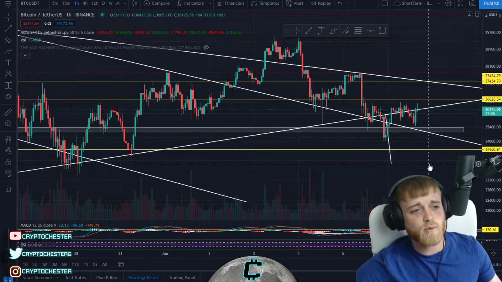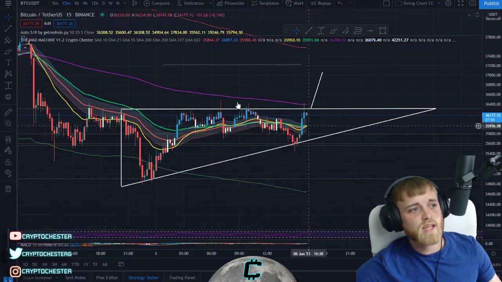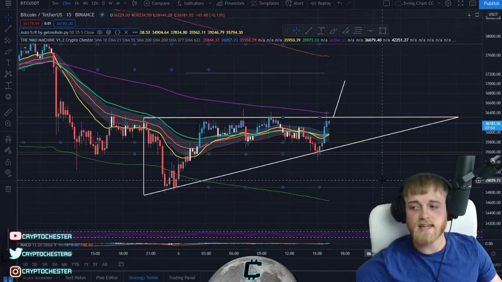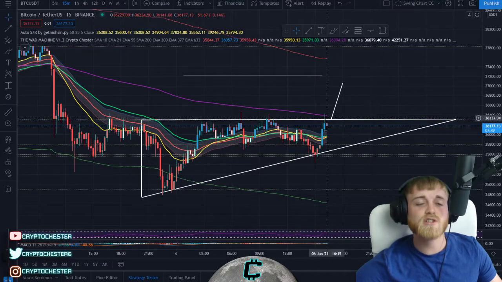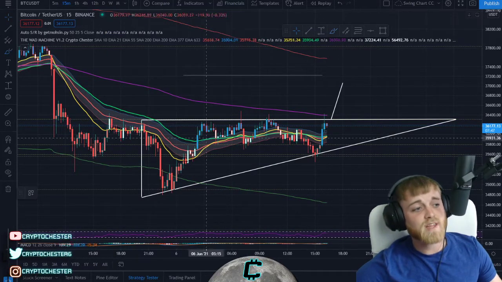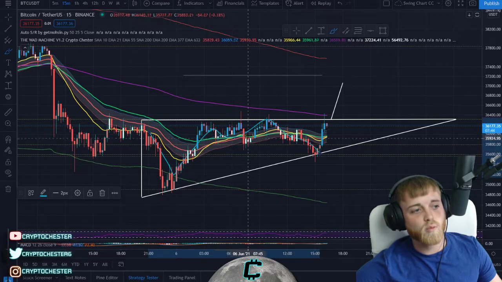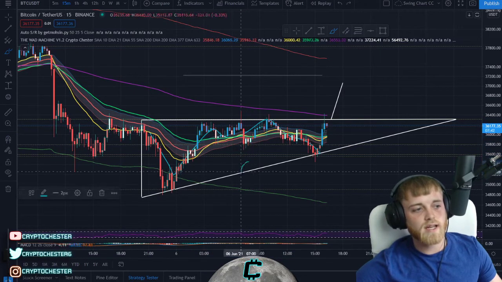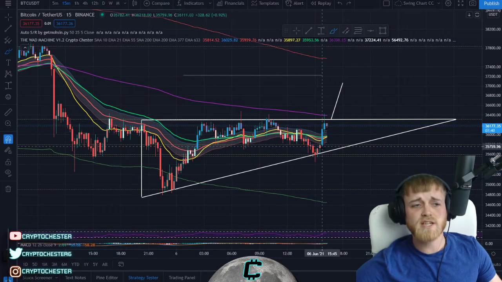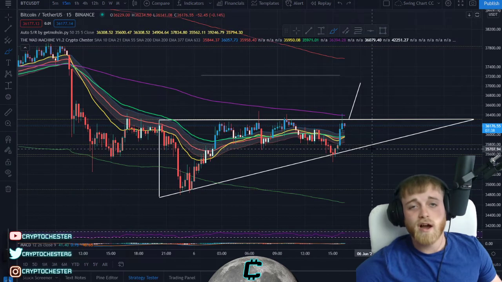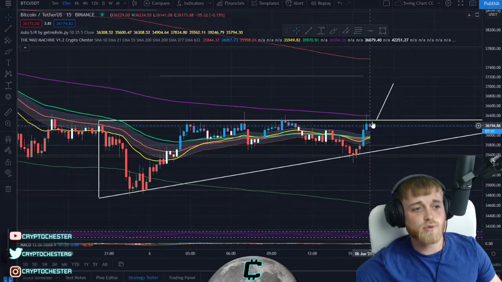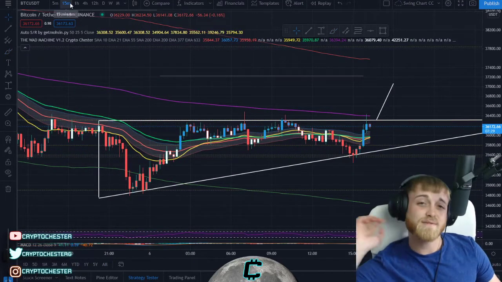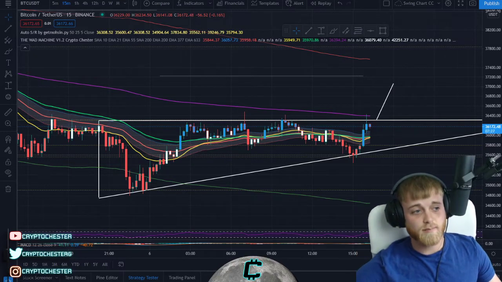In terms of what's happening now with Bitcoin, let me jump to the 15 minute right now. So as you can see here on the 15 minute, we do have this ascending triangle. We're testing the top side of this ascending triangle, and to be honest, it looks pretty healthy. I mean, I would have liked another touch to the downside here for a little bit more confirmation for the completion of the chart pattern here, but unfortunately we can't get everything that we wish for. So yeah, at this point in time, we have just come up and we found a big level of resistance at this 200 moving average, and obviously this is the 15 minute, guys, so it's very live.